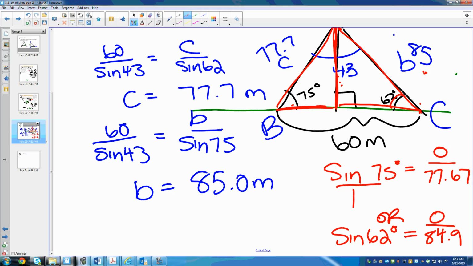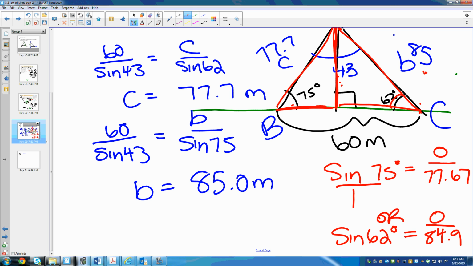What height did you get, Aaron? 75. And you got 75.1? No point ones. Did you use all the decimals? Did you use all the decimals? 75.1. Oh, and then it rounds up. So